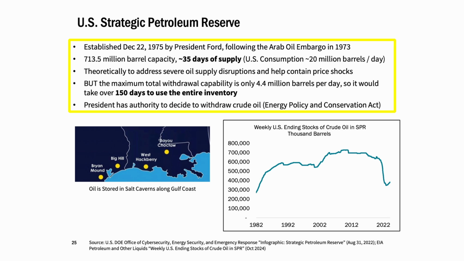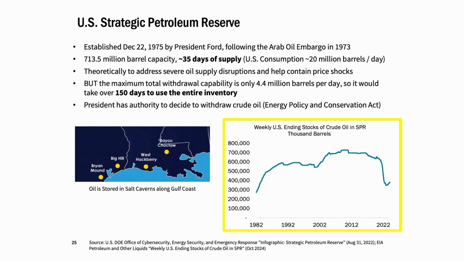And it is something that the president can buy and sell out of. So you can see it's not actually full right now. When oil prices go up, presidents tend to sell out of it, and when oil prices go down, they tend to buy into it. Right? So it's almost like using it as a bank to arbitrage costs.